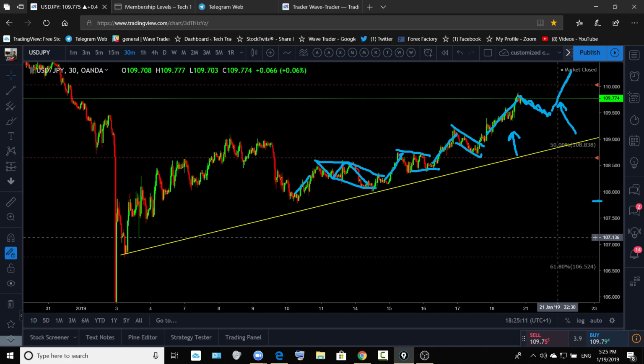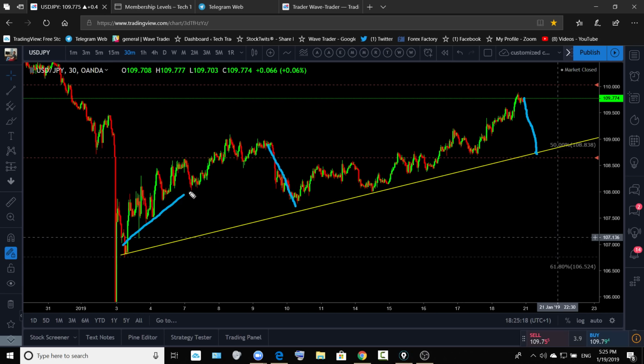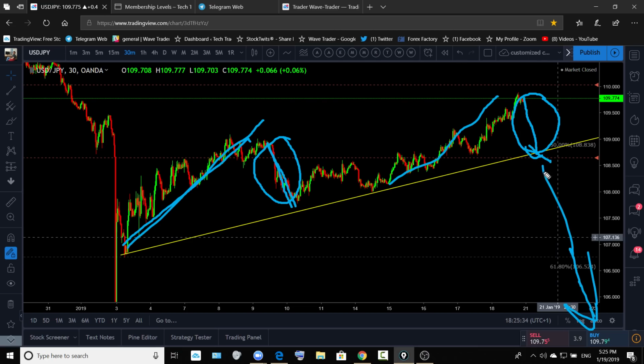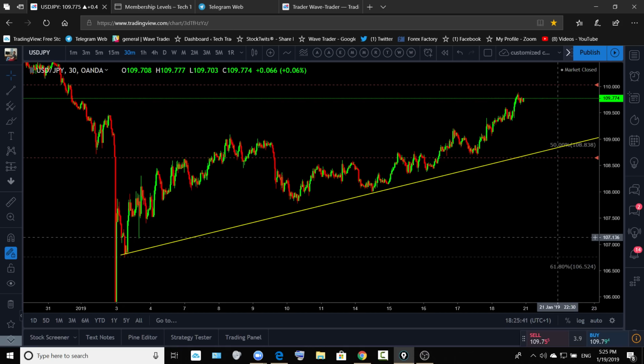And what you need to look for is this stronger sell. Once this correction is completed, price goes down aggressively. So look for that price action on the dollar yen. Once the dollar yen gives you that price action, then watch for this ABC move to break down and continue to go lower, and then keep selling the dollar yen all the way back to the bottom, up to 104 or 99.